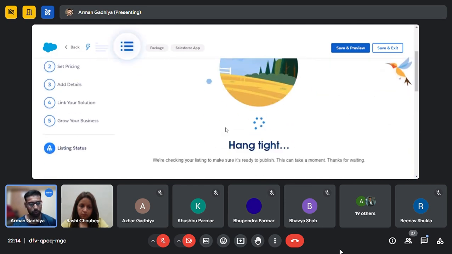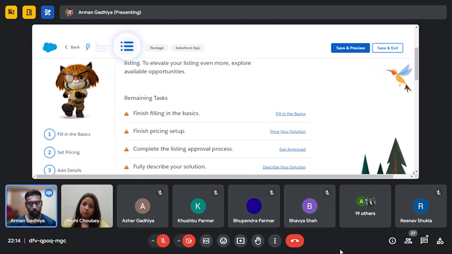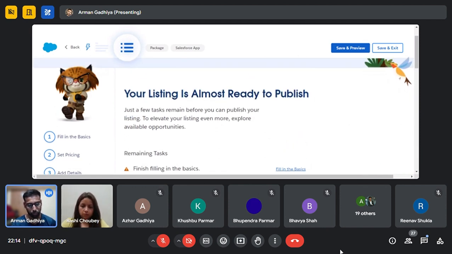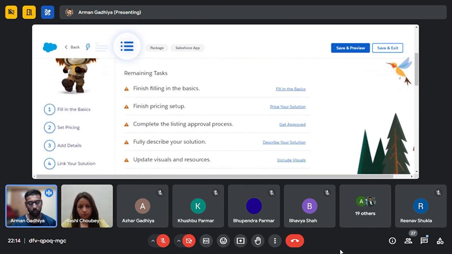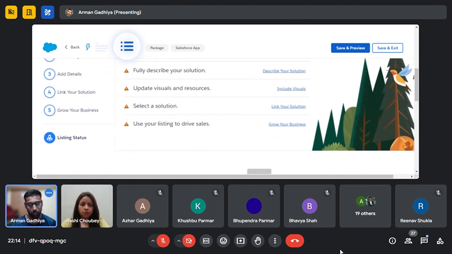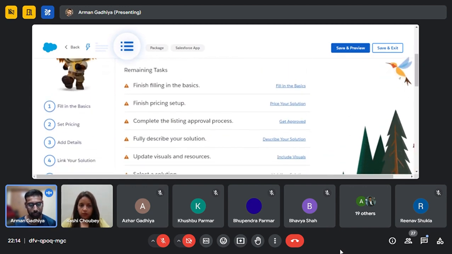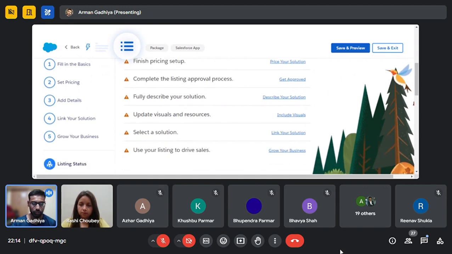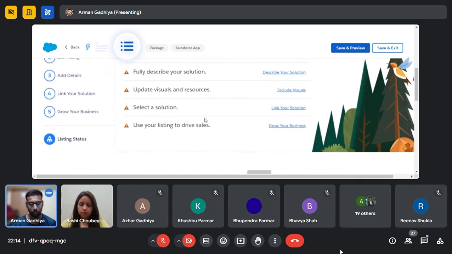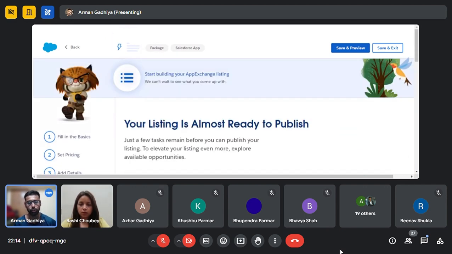you just need to sit back and review the progress of your application from the Salesforce end. You can also see that Salesforce has provided a very decent interface. They have arranged everything in a row manner. You can check the review progress of your application. So those were the actual steps that you need to follow while publishing your application.